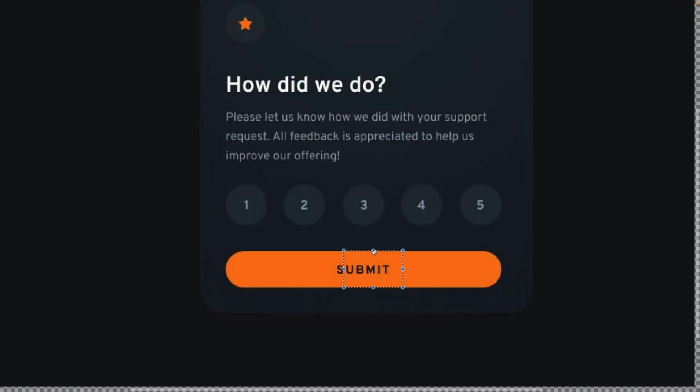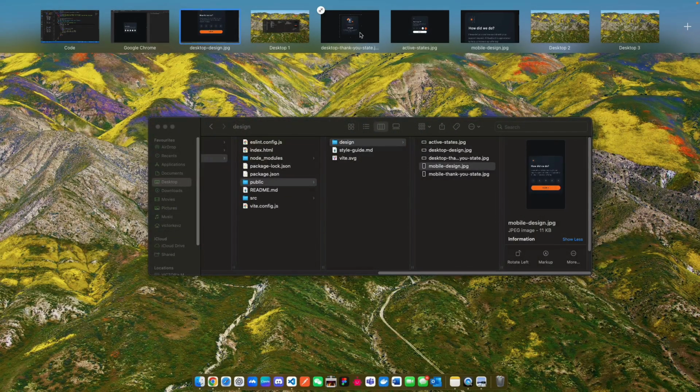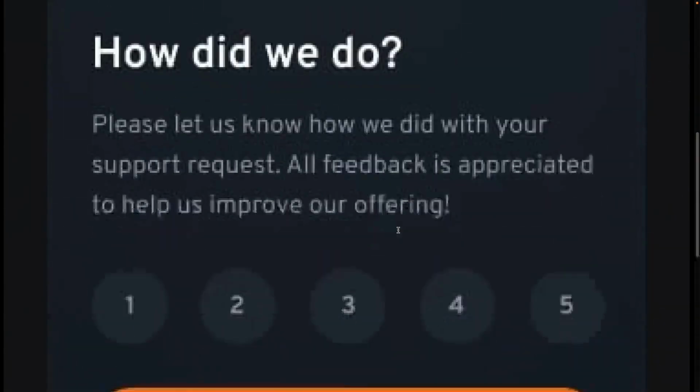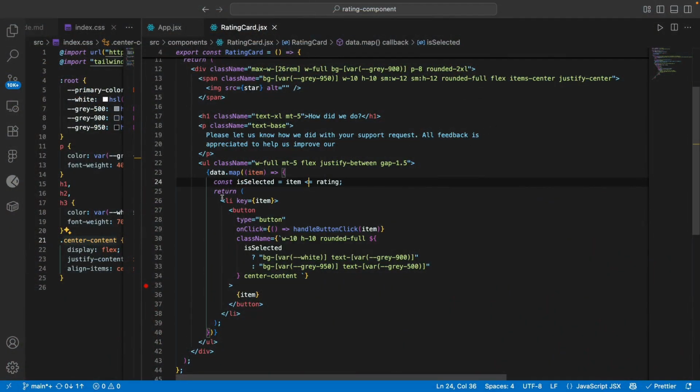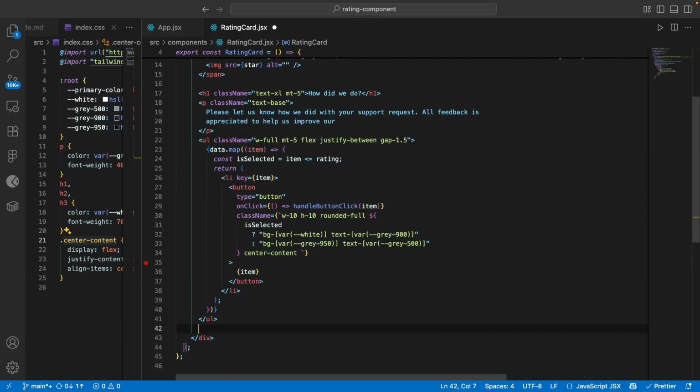Okay, which is about 45. I'm going to set that as 46. Let's see on mobile. Yeah, I think it's pretty much going to be the same on mobile. Yeah. Okay, perfect. So let's have this button outside our list,